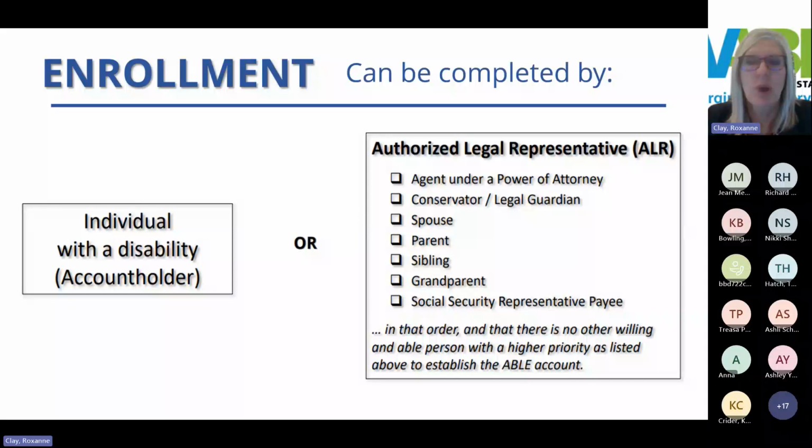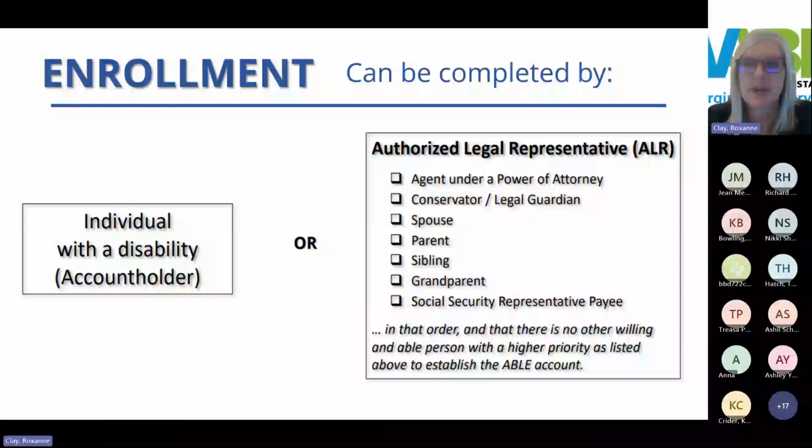So the Federal ABLE Act requires that the person opening the account be either the individual with a disability, we refer to them as the account holder, who is also the account beneficiary, or if the individual is not able to open and manage their own account, for example, if it's a child, or if it's an adult with a disability who is not able, they may not have the capacity, or they want help, then the ABLE Act allows for what's called an authorized legal representative, and we refer to that person as an ALR.